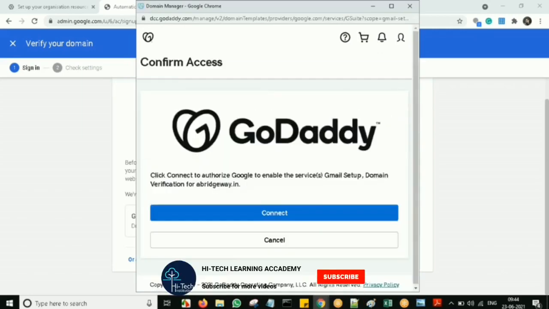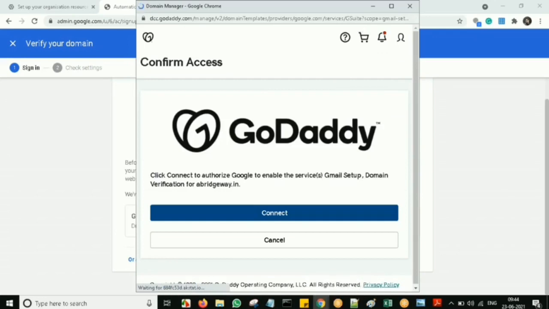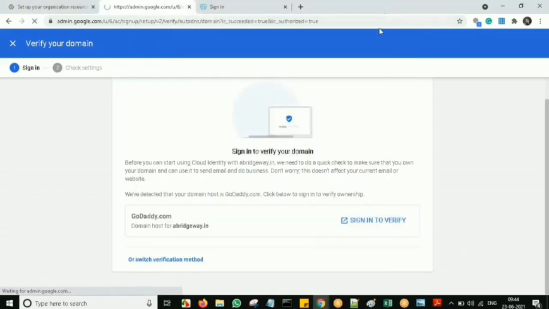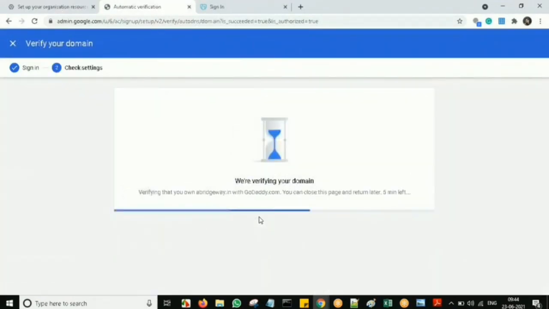Okay, guys. Now I'm coming to the GoDaddy console, where I purchased the domain. So now you can see it is doing the verification. See, automatic verification. In that automatic verification, it will be verifying with some TXT record. So I hope it gets logged in my window.